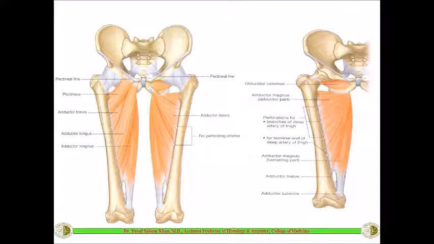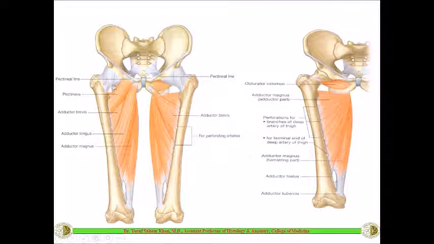So here we can see the picture where all the muscles of the adductor compartment can be seen. Here this is the adductor longus muscle. Here is the adductor brevis. This can be seen much more clearly. Here is the adductor brevis, and behind it the big muscle is called the adductor magnus. In this picture, the whole muscle is the adductor magnus with a lot of perforations for the branches of the deep artery of the thigh.